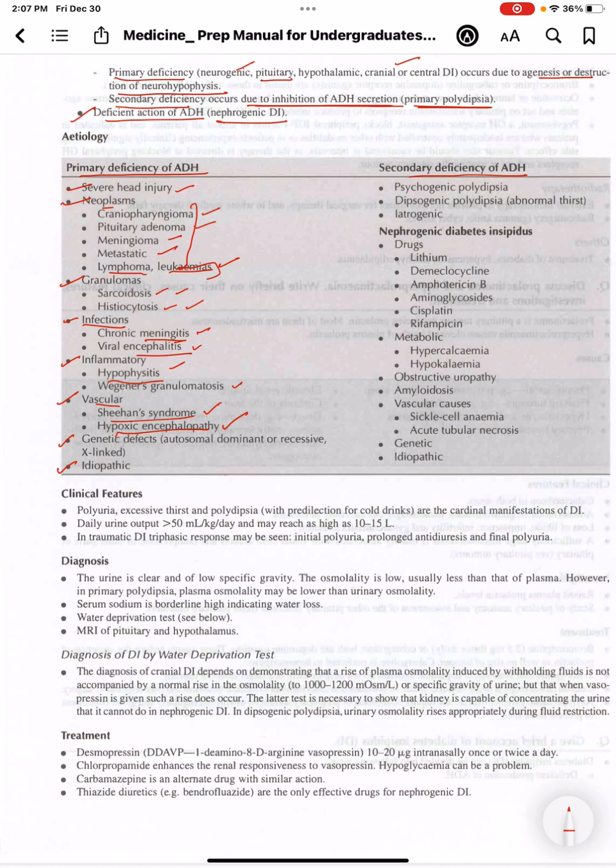Secondary deficiency of ADH is psychogenic polydipsia, dipsogenic polydipsia, or iatrogenic. Psychogenic polydipsia is when the